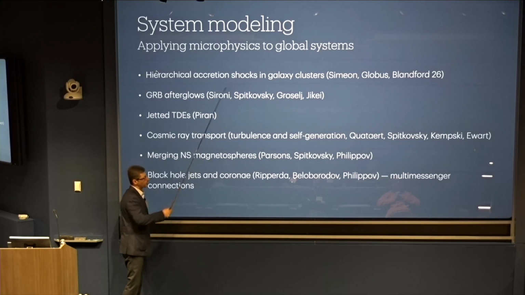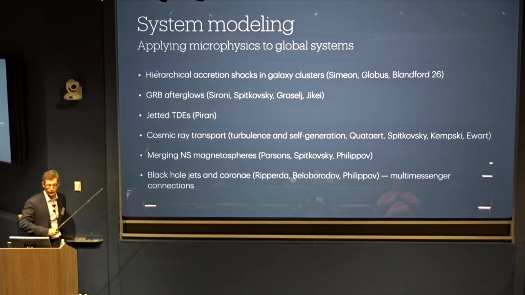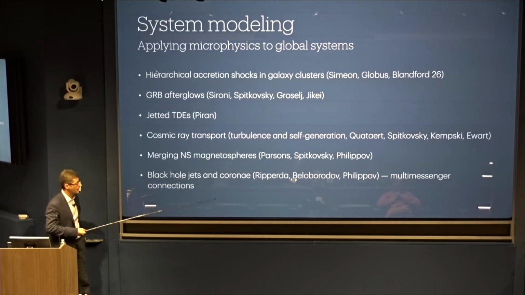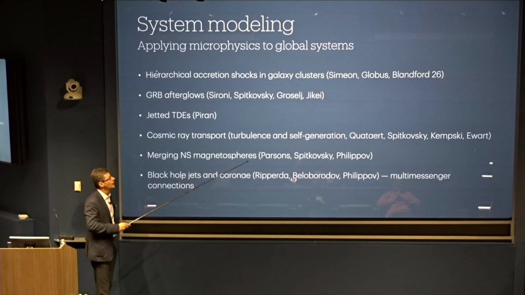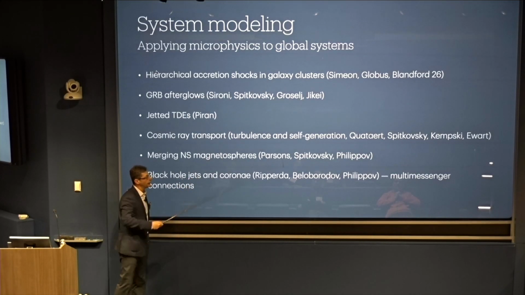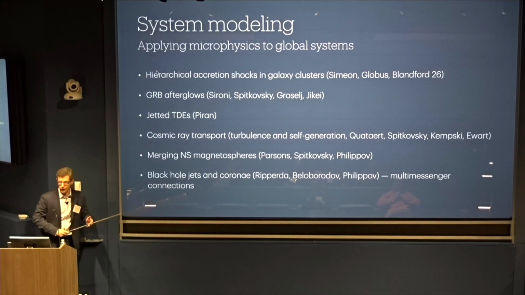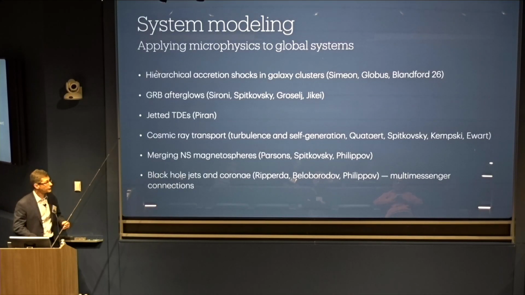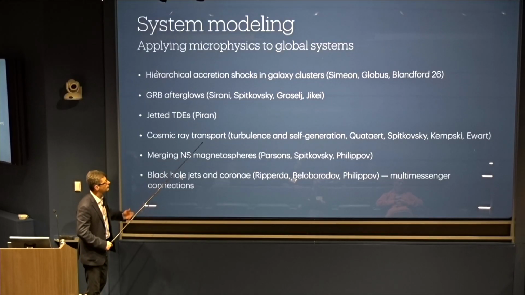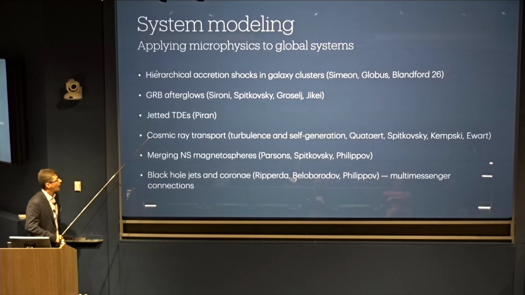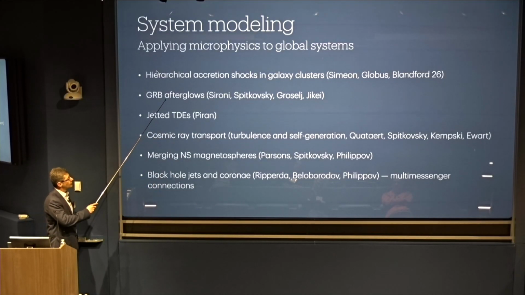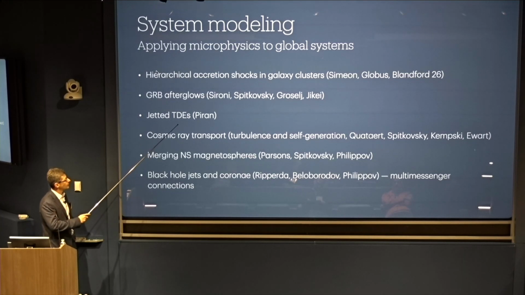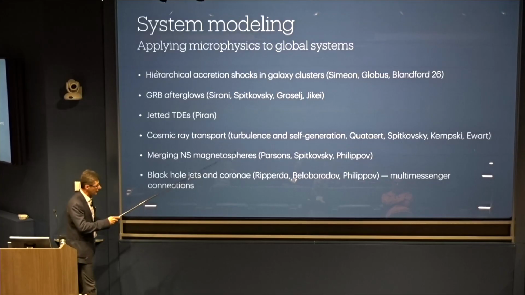These hierarchical shocks can reaccelerate particles and create the ultra-high energy cosmic rays that we see. To do this properly, one needs to understand how shocks accelerate particles, and how much magnetic field exists in front of the shock. So this is a very interesting idea that could be coupled to the machinery that we've developed from the first principles simulations of shocks. Then there are ideas on how to model GRB afterglows, which I won't talk about, the jetted TDEs and the cosmic ray transport. All of this is happening in the collaboration.